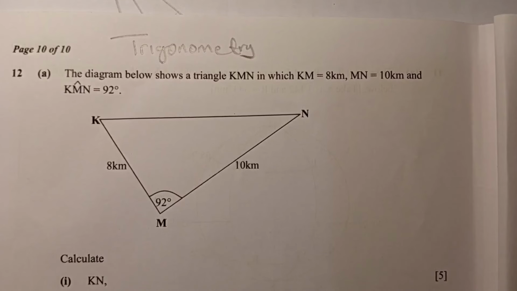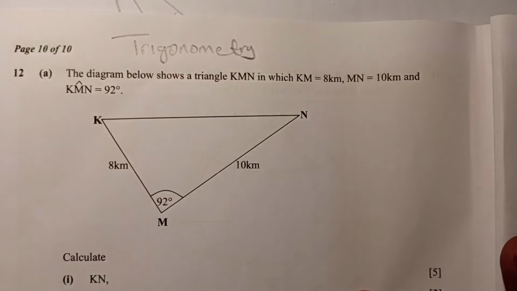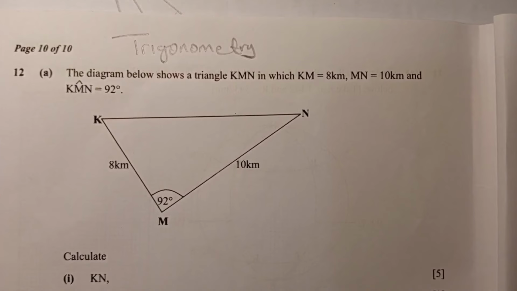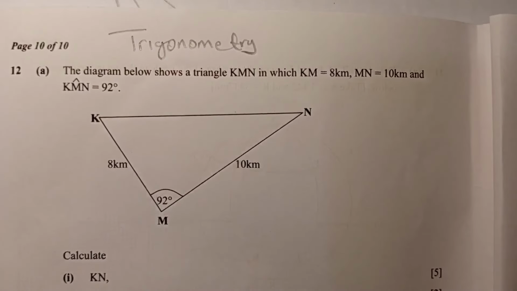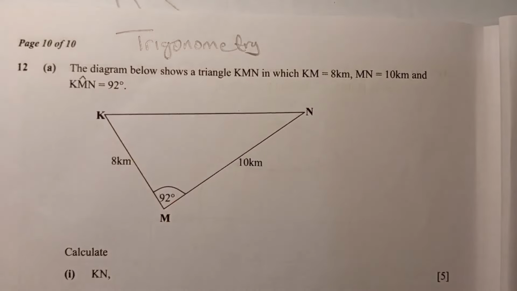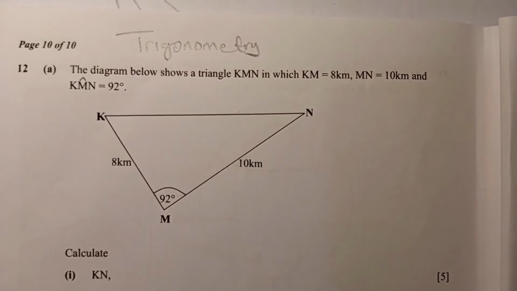This is a past paper from 2019. So trigonometry comes in section C, and I think it's a good question to be picked when you are choosing questions for section C. So now the question says the diagram below shows a triangle KMN in which KM is